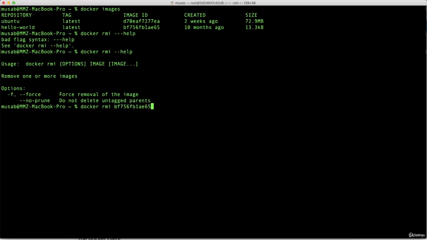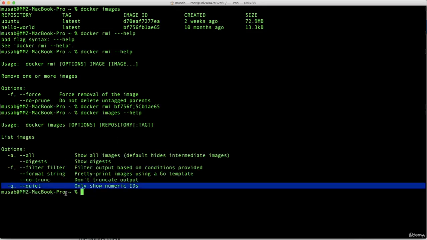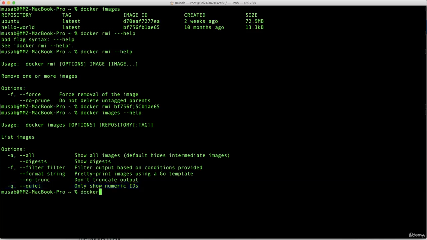And if you have a lot of images and you don't need all of them, you just want to remove all the images you have, you can use the previous command we already learned, which is docker images -q. So if I type docker images --help, you can see that we have the -q option. So docker images -q. So here it will show the image IDs,